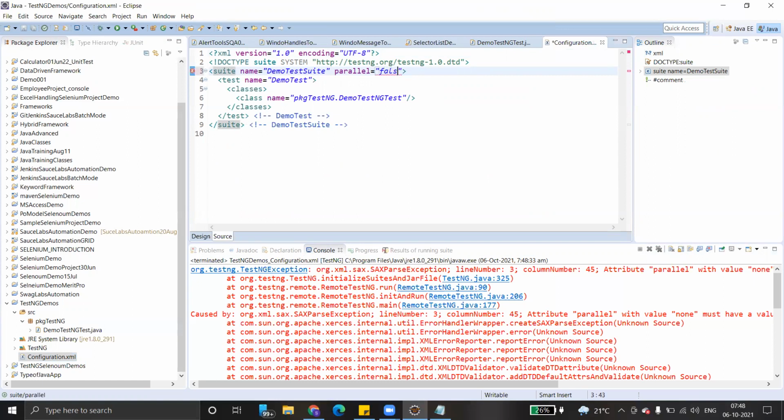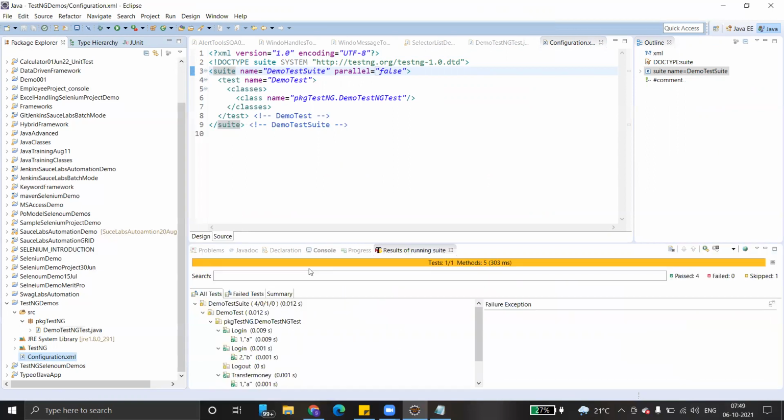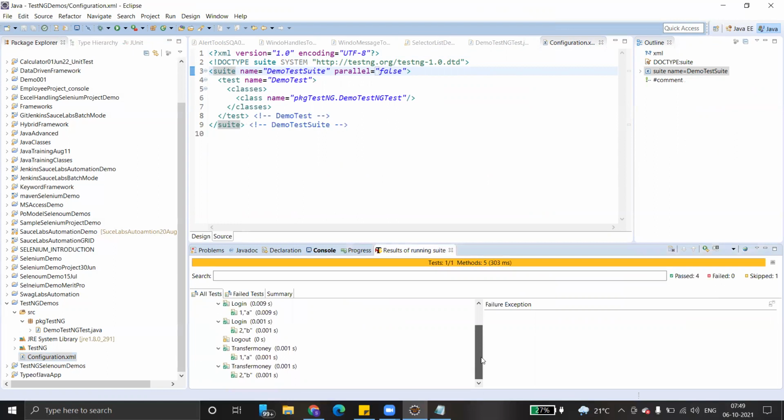I remember it is false. Let's run as testng suite. Okay, here you can see how many test methods are there. 1, 2, 3, 4, 5, 6.